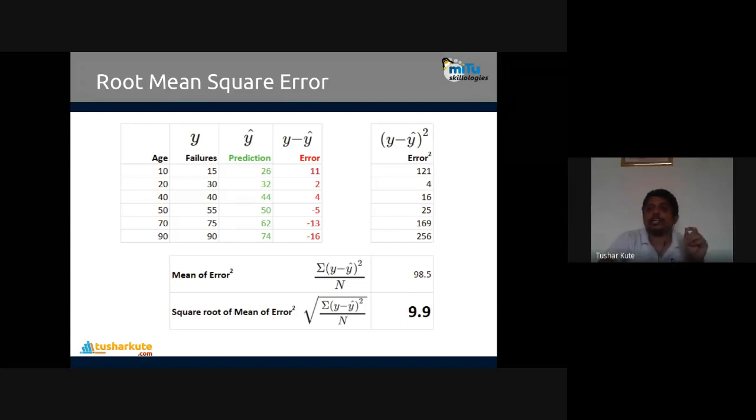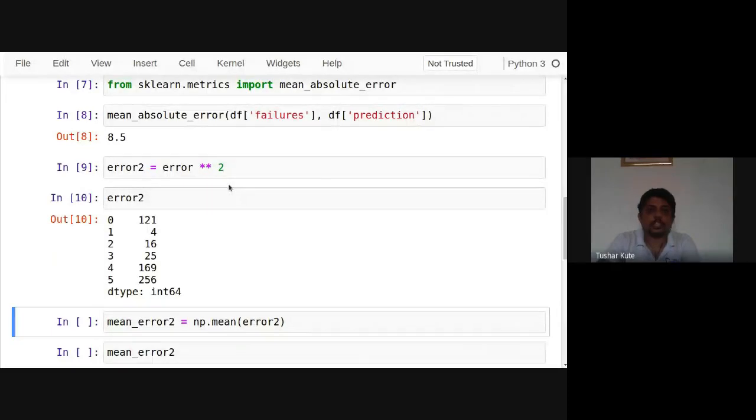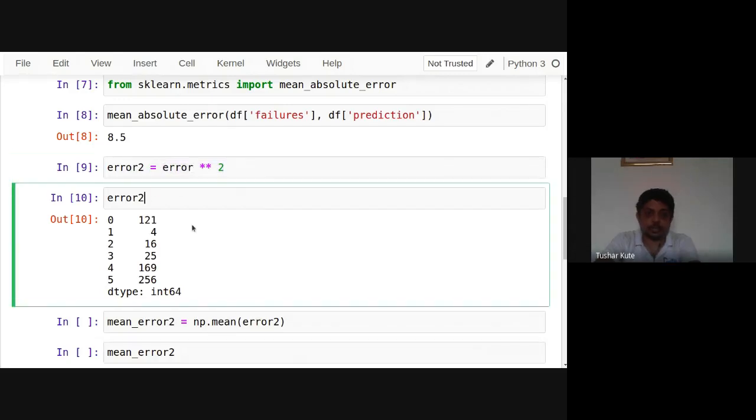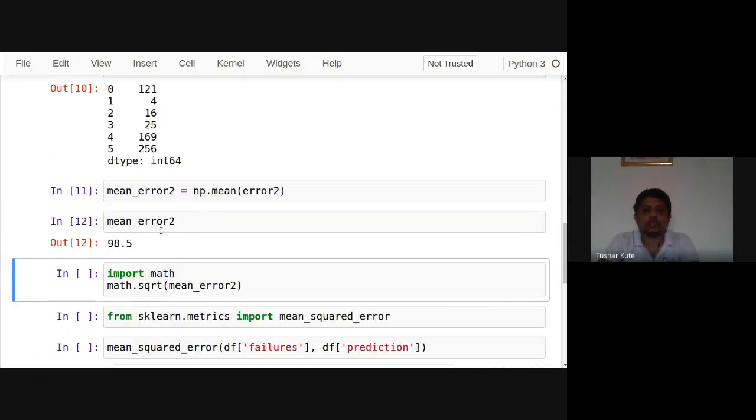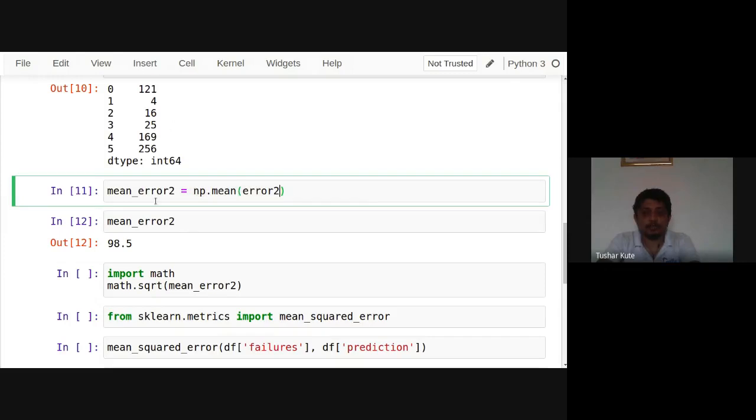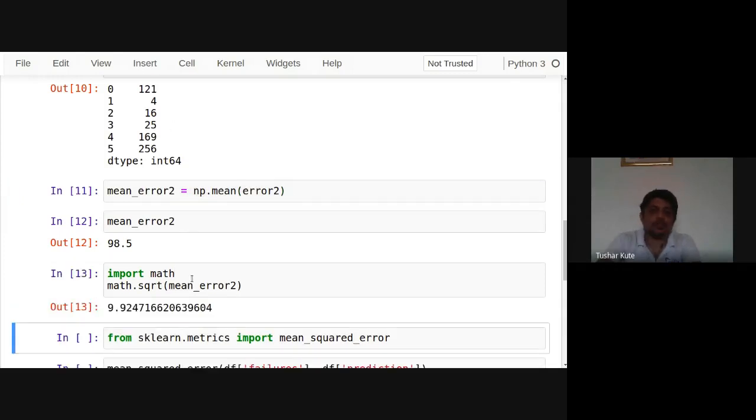Now if you talk about the example, if you want to do the same thing practically with the help of Python, with the example I showed here, we can just continue with it, and you can see this one. So the error we already got. These are the squared errors. See, absolute errors are not there. These are the squared errors. Correct. I just made the square of these errors. Error square, and the mean of them is 98.5. This one, correct, which you have calculated. np.mean of all the errors is 98.5. And then square root of it is 9.92. Okay, 9.92.